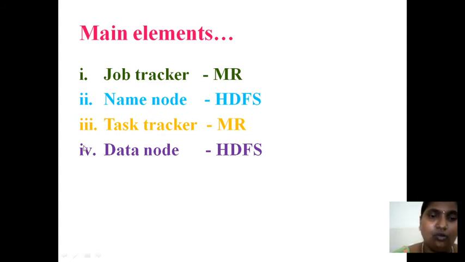After getting the information about the availability of the data places, the task tracker will provide a processor to go to that place and execute on your data. That is the place where the data is available. Here the data node contains the actual data of the client to execute. Hope you understood now. The client will submit a job to the task tracker.